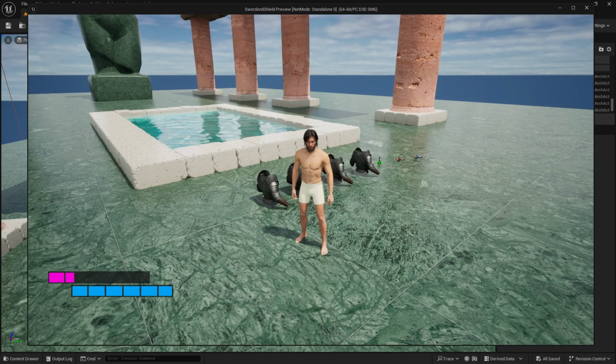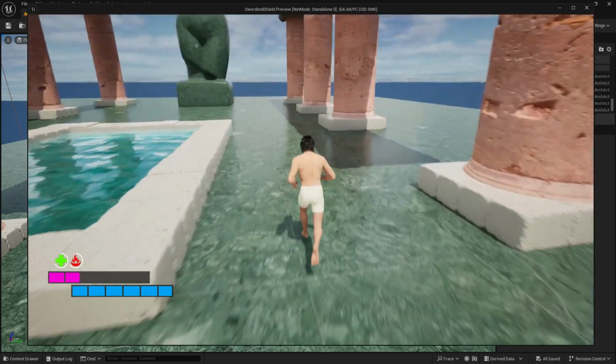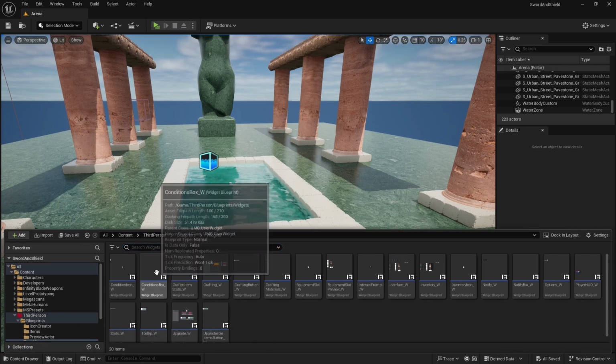Hey guys, so now that we have created conditions, let's also add them to some of our potions. And there is a couple of things I want to fix first. For example, our icons being too close together. And for that, what we need to do is open the conditions box